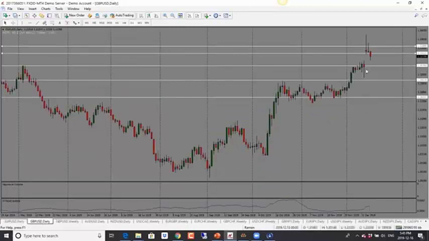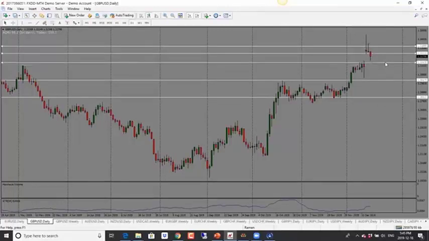Pound dollar here, this one, the bias is still to the downside here. We've seen two back-to-back pin bars here, and that shows a rejection here. So we see that price wasn't able to go all the way up to even retest the high. We have a lower high, so looking for price to drop here. First target here would be